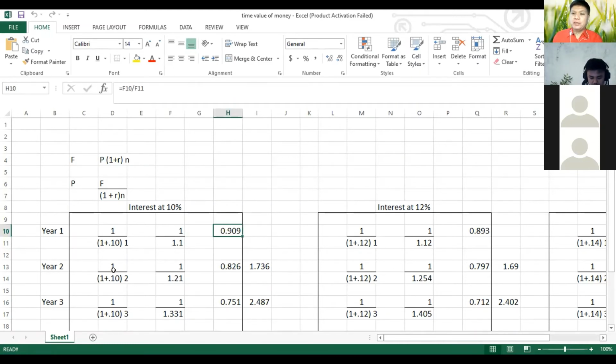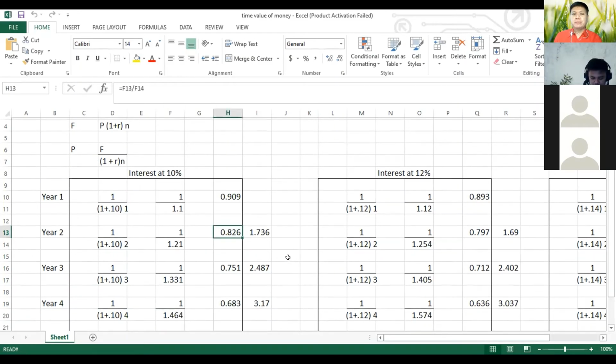What's the present value factor of 1 at 10% for 2 years? So your denominator now becomes 1 plus 0.10 raised to 2. All right, so 1.10 times 1.10, that is 1.21. And 1 divided by 1.21, you get